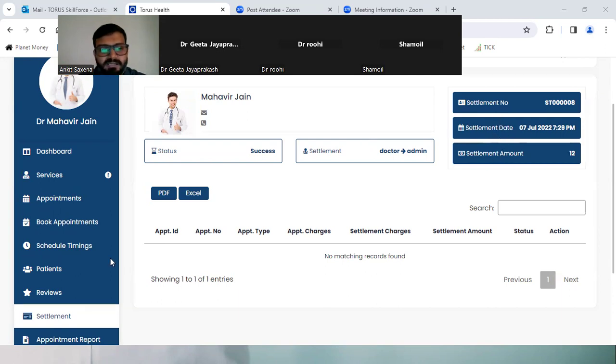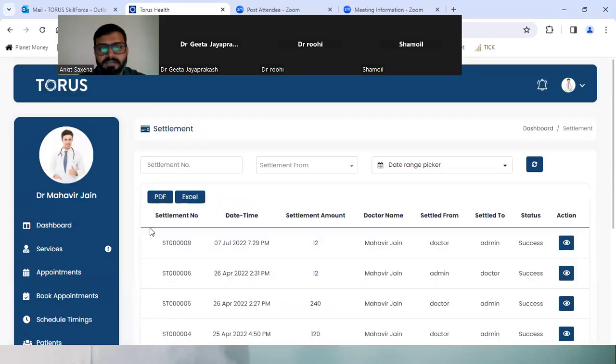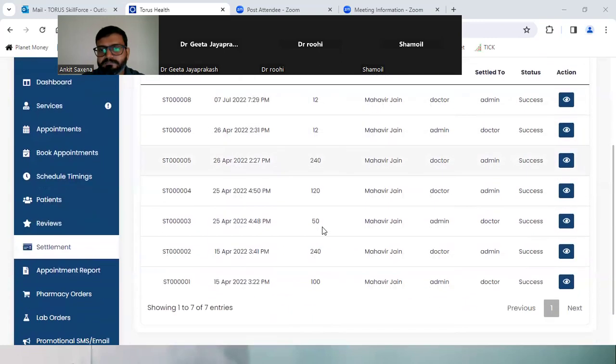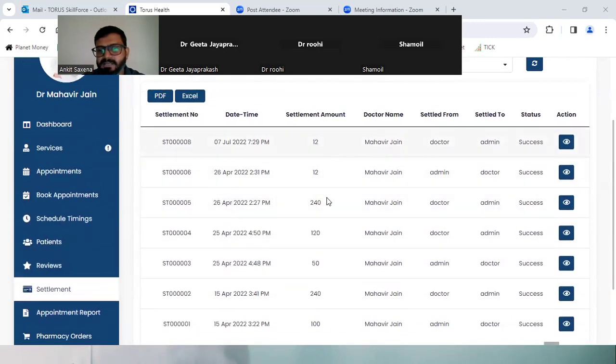If I just go back to that page, the settlement amount will get reflected as per the settlement number. Whereas on the dashboard, it's the total amount of all the settlements, till date.